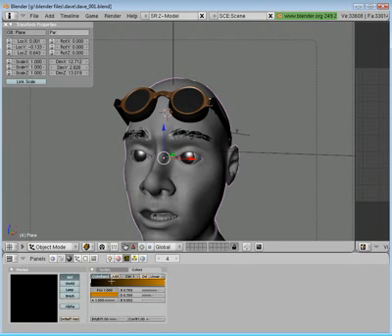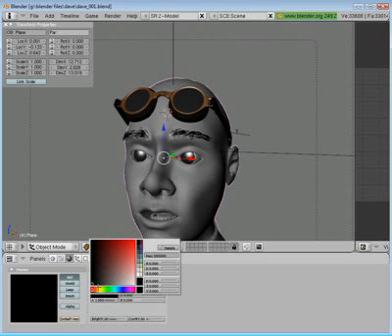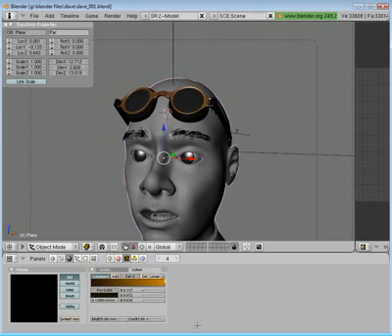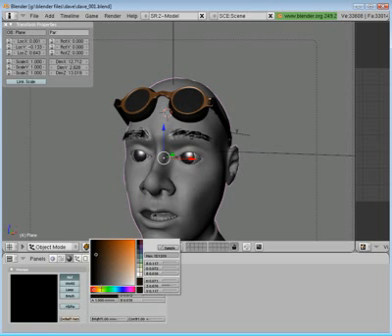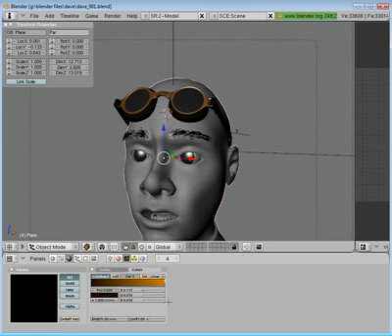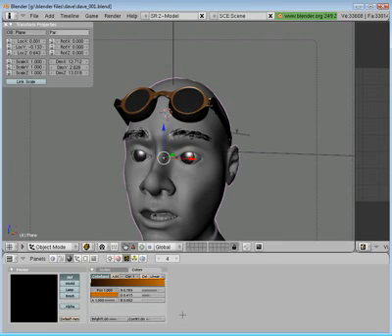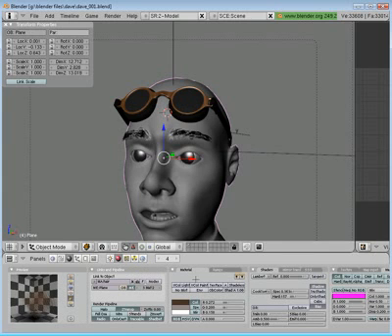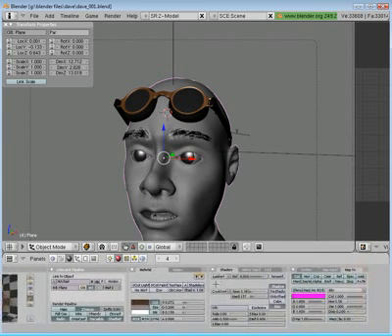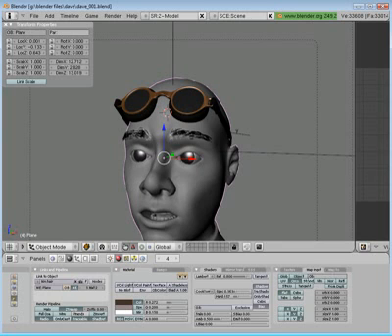Okay, and let's make that not quite black, but a really dark brown color. Maybe add a little more red to it. And let's add a little bit more red to this. Okay, that's good. Now go back into here, and we want to change the map input to strand,